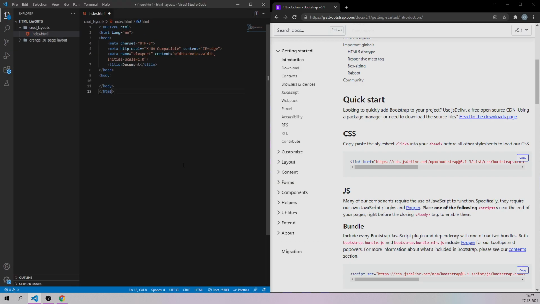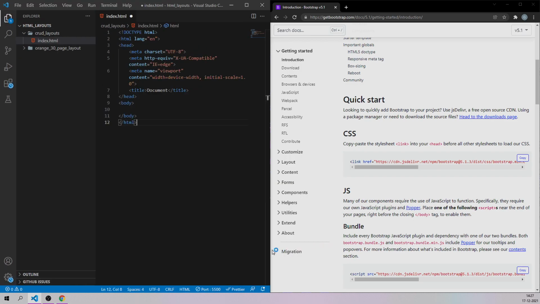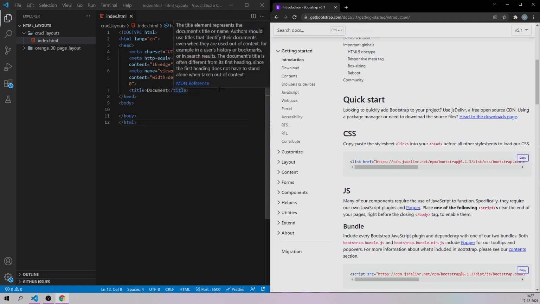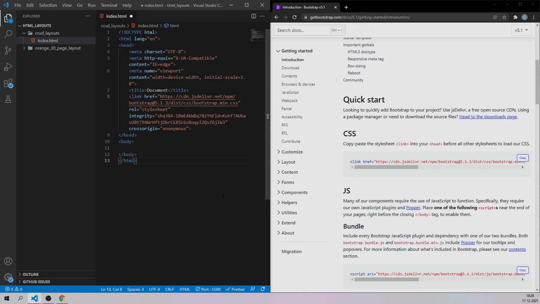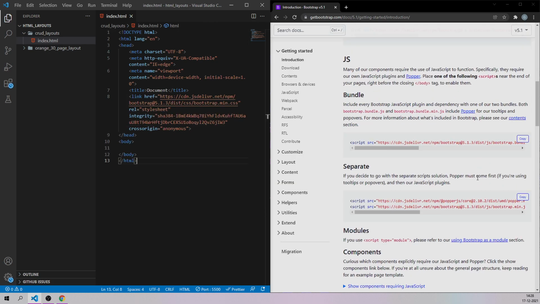So let me just increase the size like this, and let's copy this link from this Bootstrap page, and anywhere inside the head tag you paste the CSS link, save the file, and just scroll down a little bit in this page, and you are going to see the bundle script and these two separate script tags. Okay, copy all three of them.